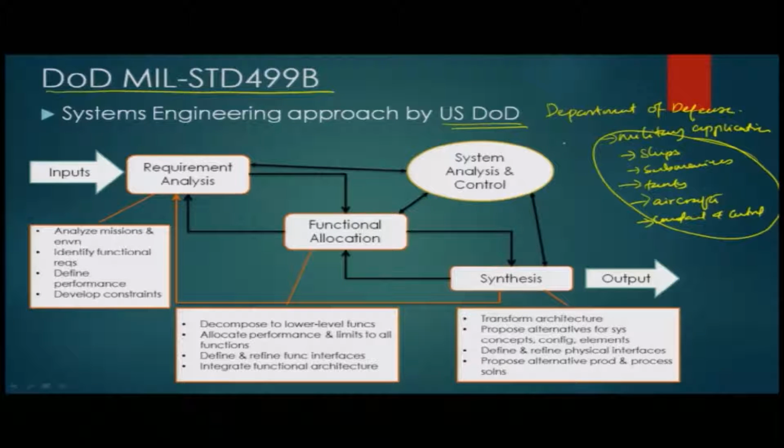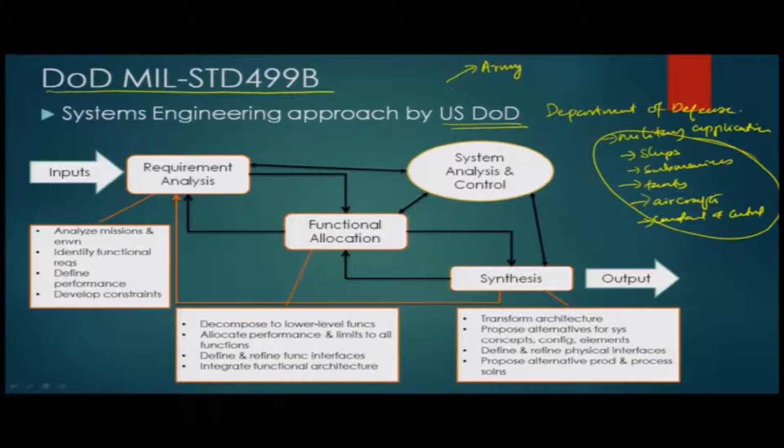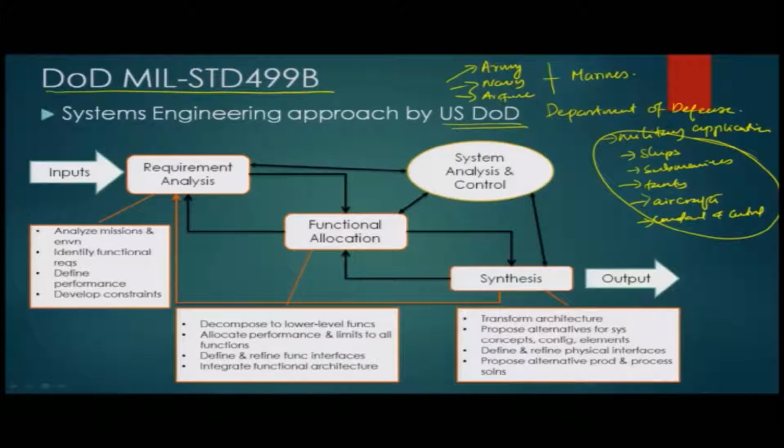Because in US the entire army or the military might is divided into 4 parts. The 4 parts will be Army, Navy, Air Force, and the 4th one will be plus Marines. Each one of them has specific different requirements, but to a large extent the requirements are pretty clear and crystallized. So, hence the model proposed by DoD, US Department of Defense, is quite significantly applicable to military system design, or it is to a large extent still followed in military systems engineering design, not that much applied in